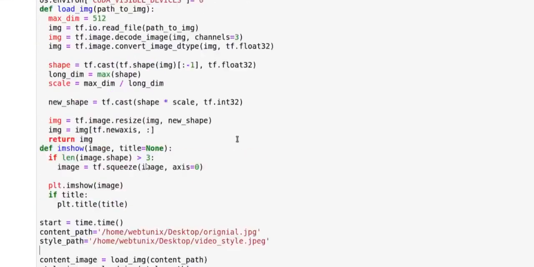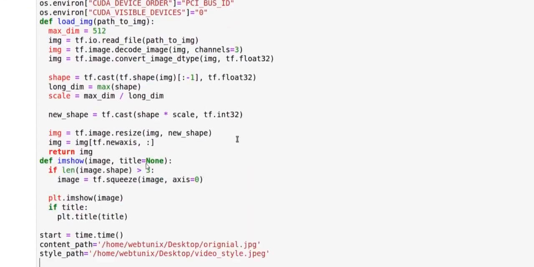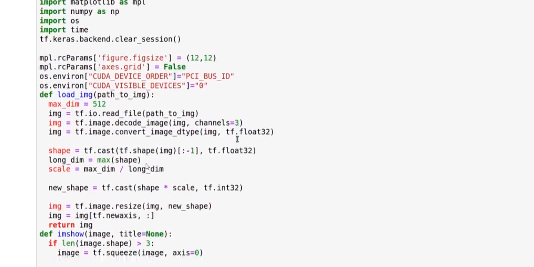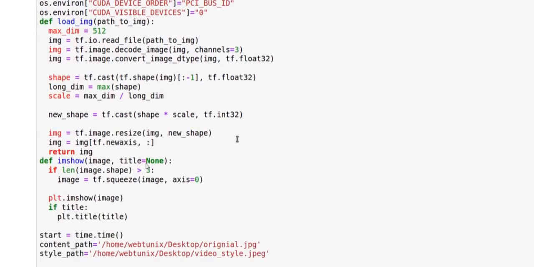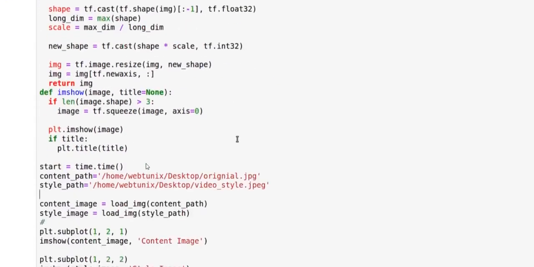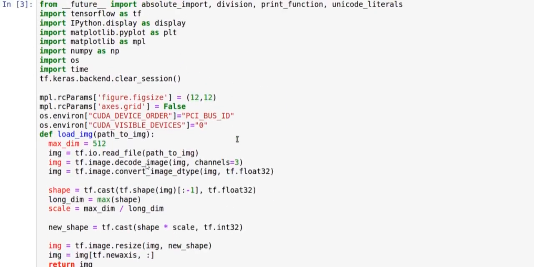So I highly recommend you to use a GPU or Google Colab for the execution of the code. If you want to run this code on a normal CPU, it takes around 60 minutes to get an output. I'm using a GPU here. So meanwhile, while running the code, I will give you an overview of how the execution will go. Okay. So let's import some basic libraries, TensorFlow, Python.